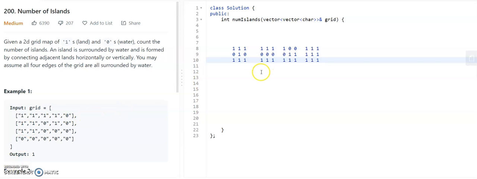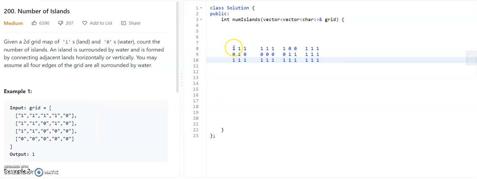For that, the logic I am going to use is to start at every one and go horizontally and vertically in the 4 possible directions and mark the connected ones as visited, meaning they are part of the connected component of the present one. Let us take this example.